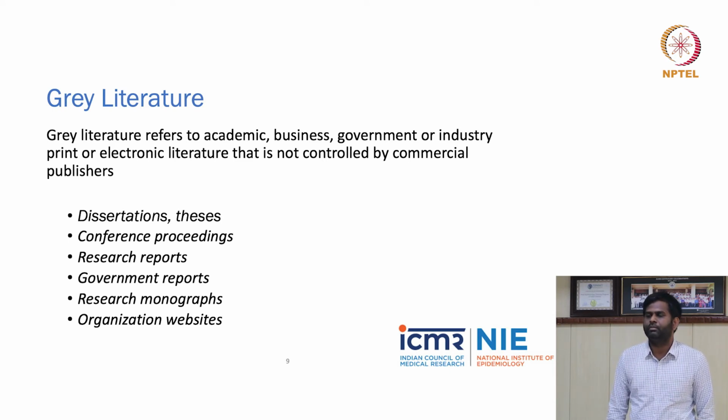Or it could be reports from research agencies or organizations or governmental reports which contain some information pertaining to our topic of interest, but these are not published through a commercial publisher. This is important content which usually gets missed while doing a systematic review, because we usually tend to limit our searches to the organized and published literature, either through electronic databases or through journal articles. But gray literature tends to be ignored or left out.